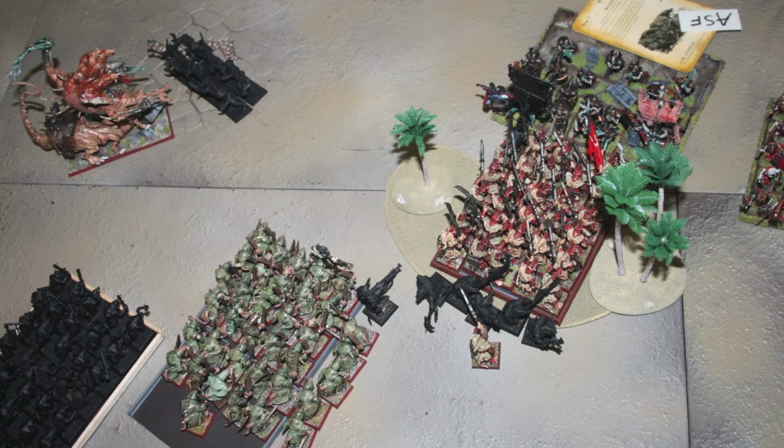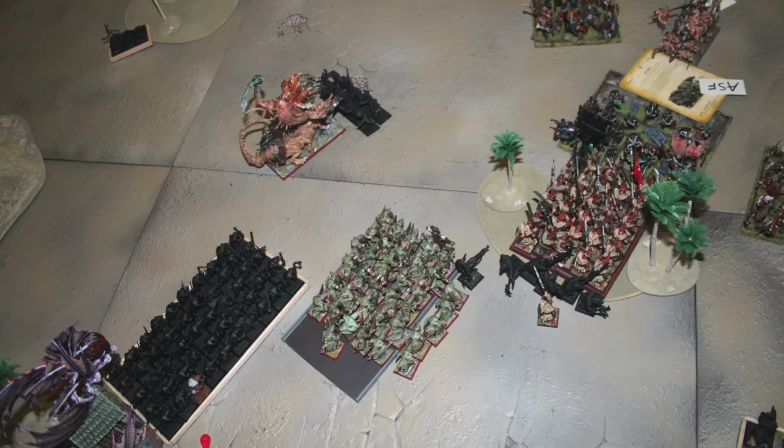In his turn, he charges the Graveguard in. I'm able to knock him down my last turn, but there's more guys back again. So, actually, no, I'm sorry. This is my turn. So, the Hell Pit Abomination goes in, and I charge with both the Plague Monks and